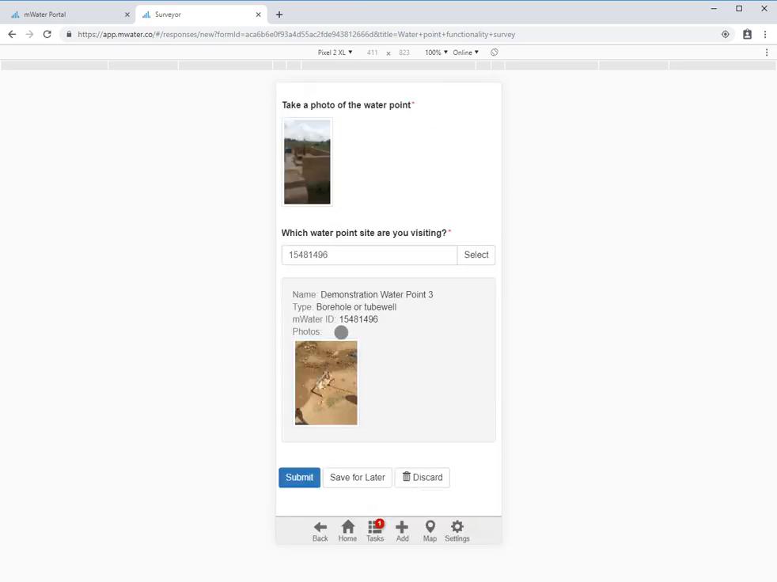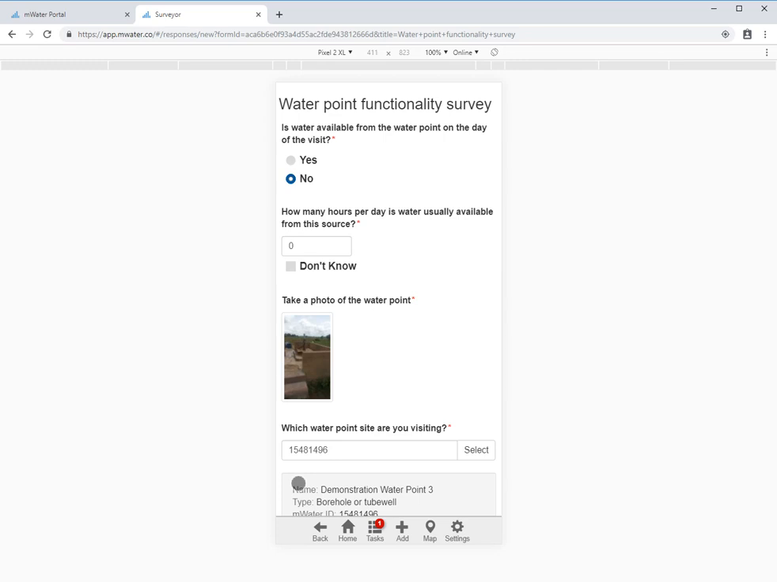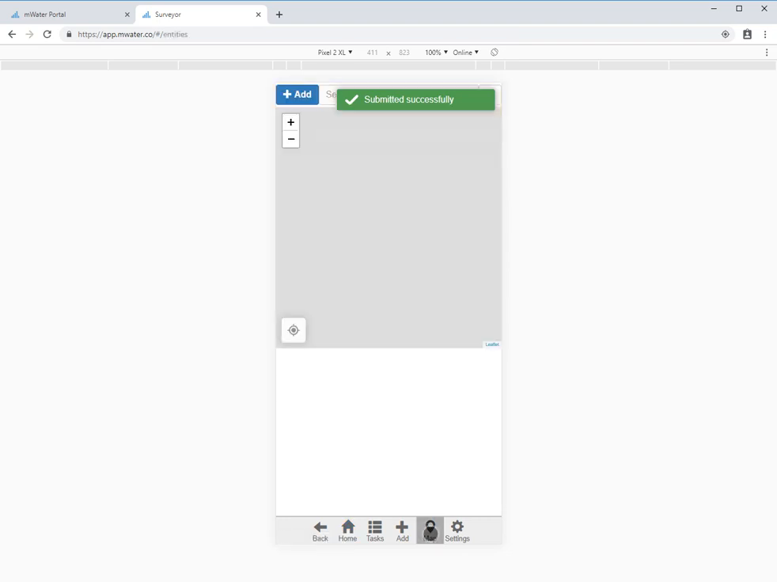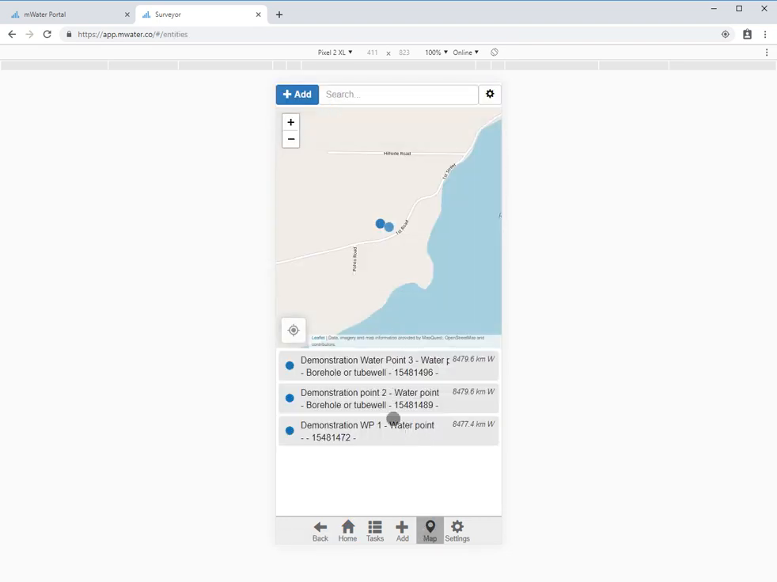and now I have a new site for my second response. And once more, I've filled in my 4 questions for my survey. I click submit, and I've submitted my survey. If I go to the app map, I can see these 3 sites. If I look at the third one,